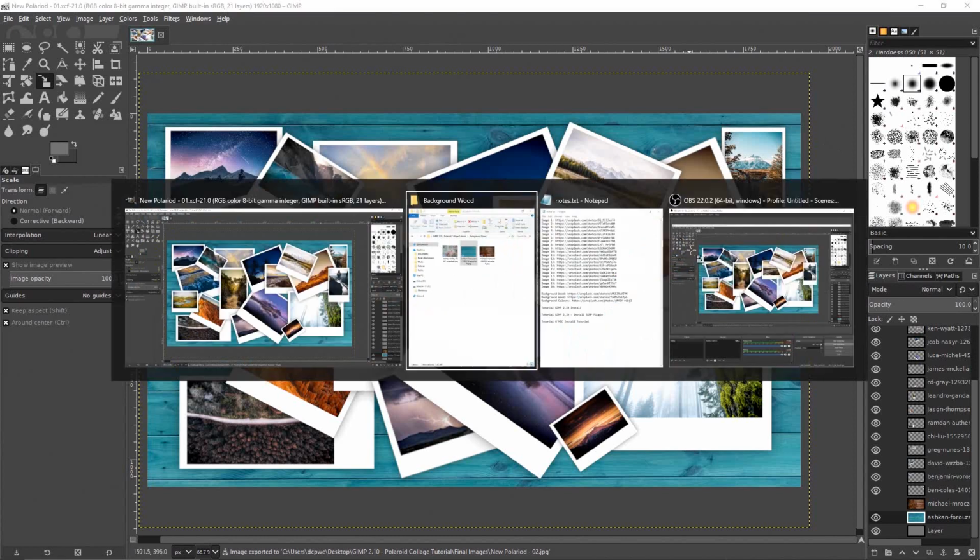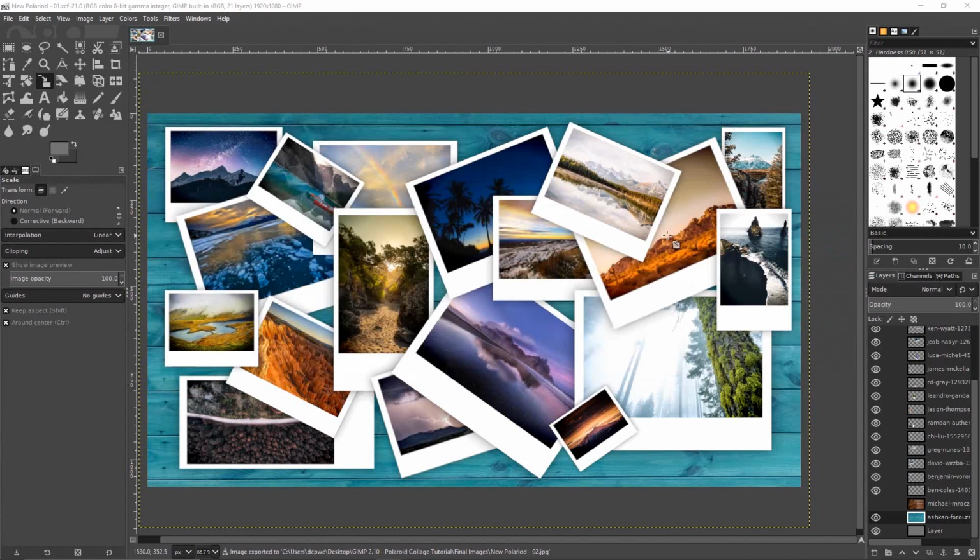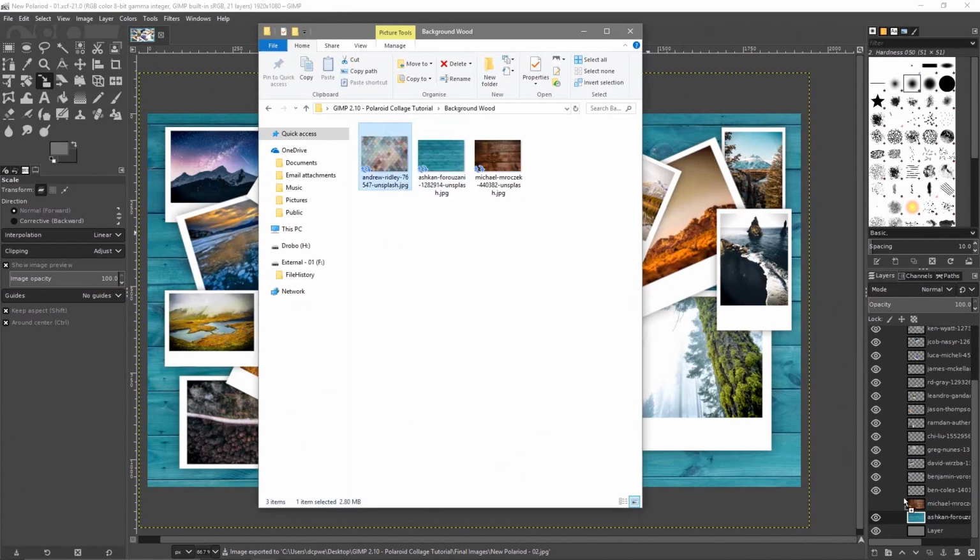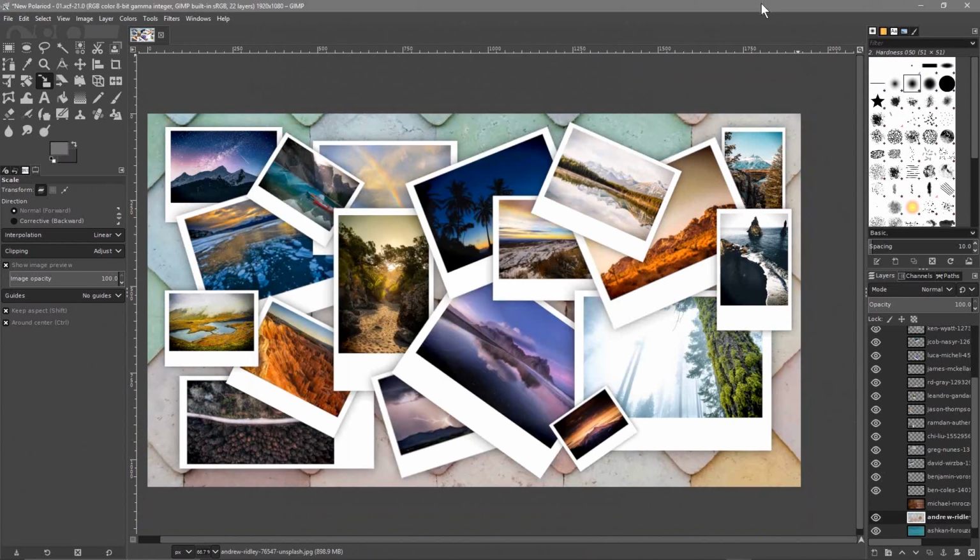So we've got 2 versions now, and let's do that final version, which was the colored one, right? So let's drag that into GIMP, and then what we'll do is we can hide this blue one. Let's drag this one up. We should really drag it to the bottom layer here. So we've got the wood, the blue one, and now we've got this sort of